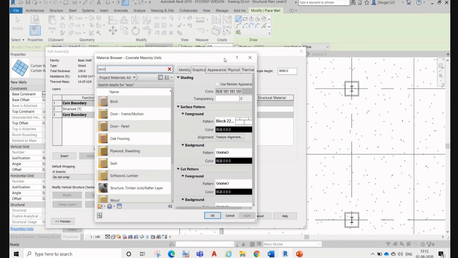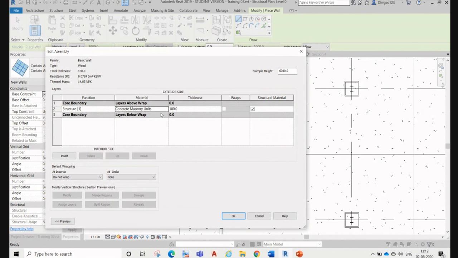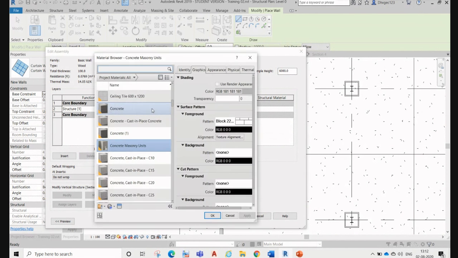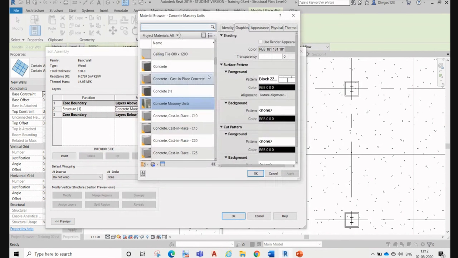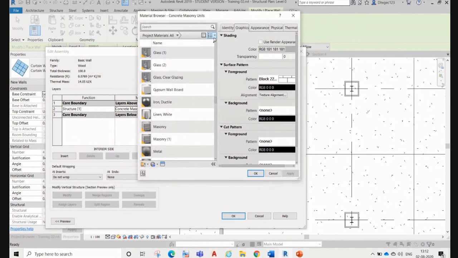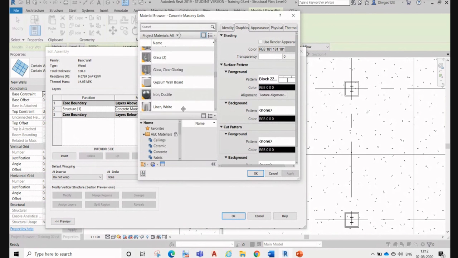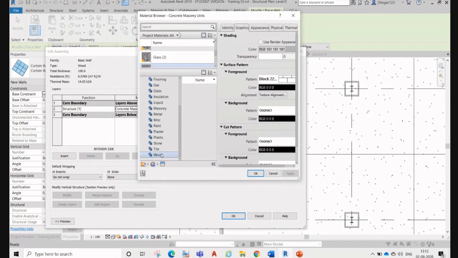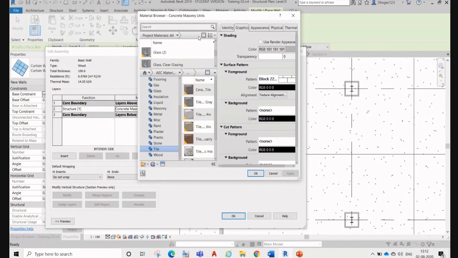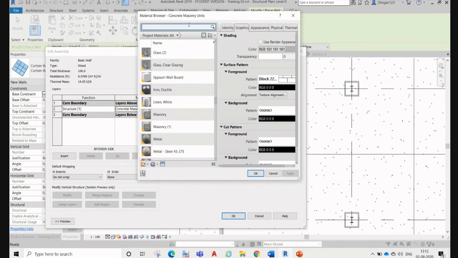Here, this is your material library over here. If you just go to material, you will see all materials. You can see so many materials over here. Right here, this is categorized for wood. You will see all the wood over here. If you are looking for any specific category, then you can just go category-wise. Otherwise, you can just search here.